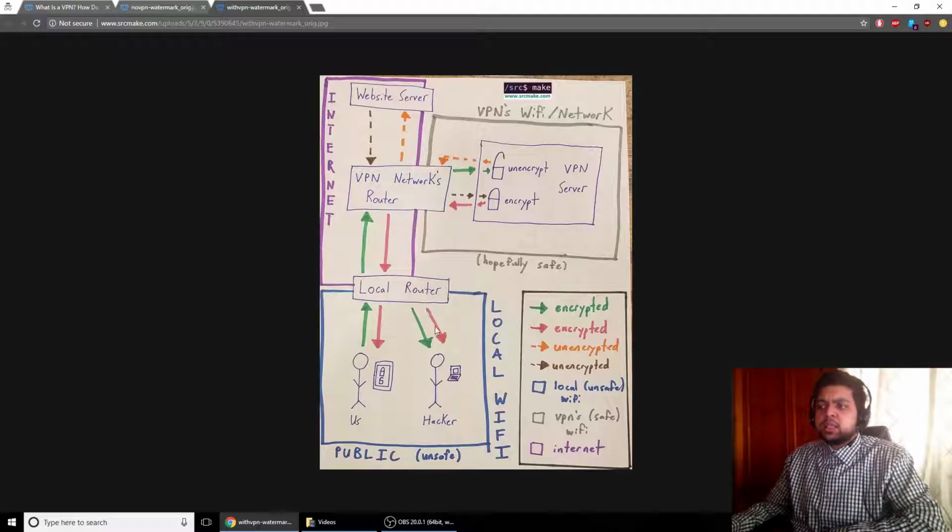And this red line also represents that the data could go back to the hacker, but again, it's encrypted, so the hacker can't do anything with it. They can't unencrypt it. They don't have the tools. The tools to unencrypt and encrypt are on our device and on the VPN server, and that's what makes it